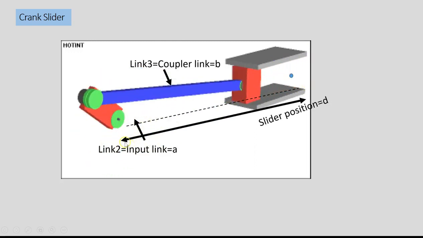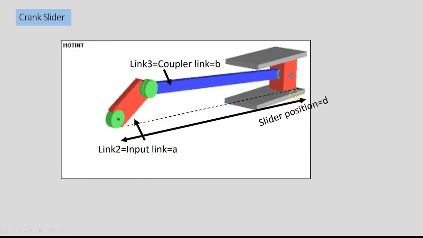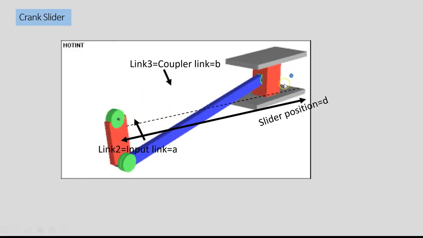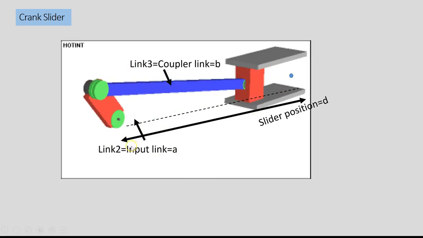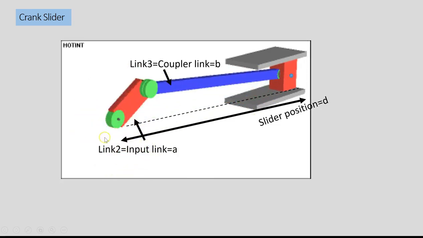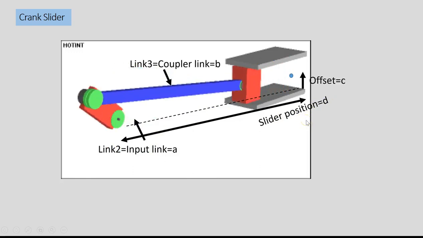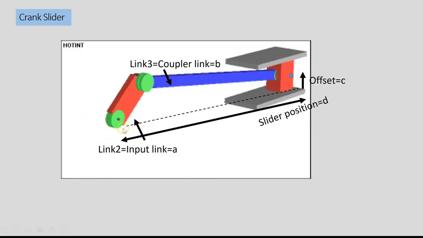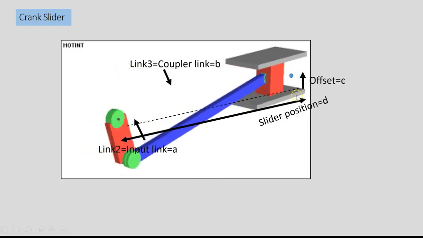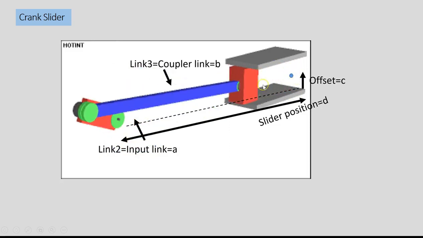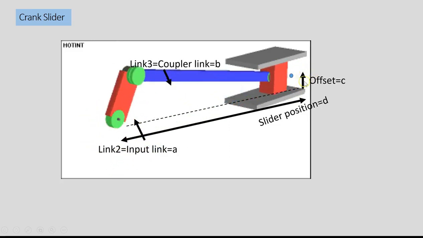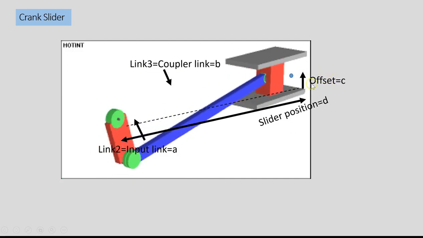So we consider this length from here to here. The slider actually goes from left to right, so that's why we consider both arrows, and this is the slider position D. And from the pin joint to the center of the slider, vertical length, we consider as offset